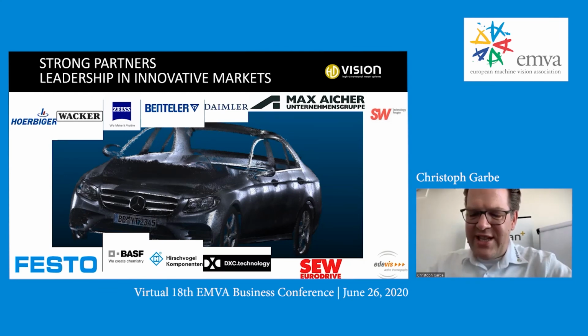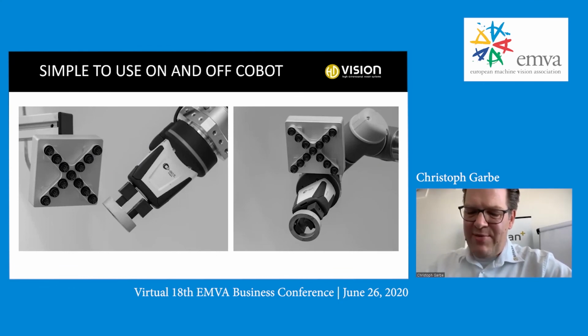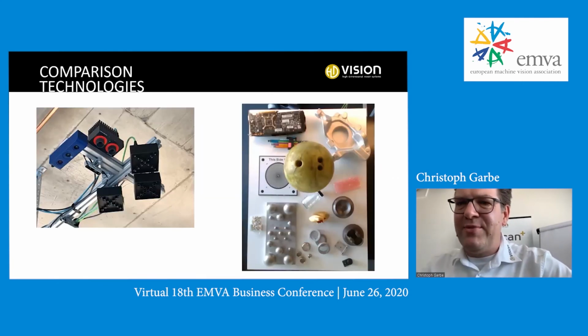Going to the next slide, I just briefly wanted to show you that this technology can nowadays be deployed directly on the robot or mounted on the end effector, and can be used for bin picking tasks, for example, or quality inspection tasks. Of course, I wanted to take a brief moment also on the next slide to compare this technology of 3D measurement to other technologies. So here you can see the LumiScan sensors using different optics, for example, so having different